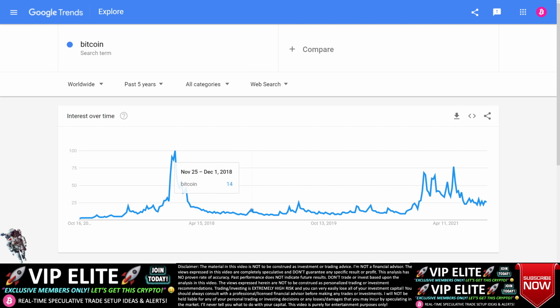It's not perfect. It will never be perfect. It's just a rough generalization to say, hey, this is at least what I'm looking for when I look at this. Now, when we were seeing the Bitcoin price run up crazy beginning back in 2020, take a look at what happened here with the Google Trends data. Folks, it ripped